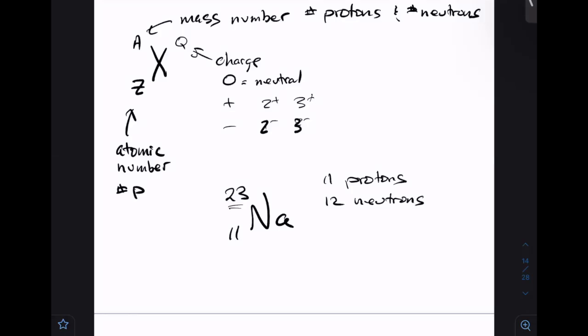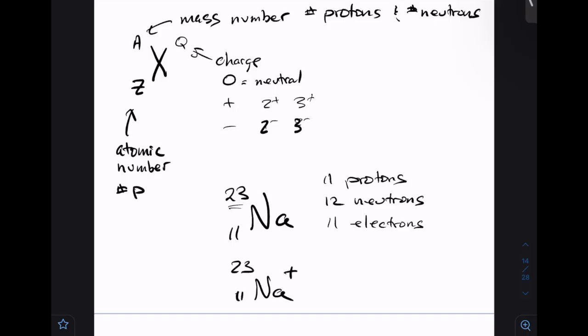How many electrons are there? There's 11. How do you know? Right, it's the same as the number of protons, and there's no charge written in the upper right-hand corner. So we know we have the same number of electrons as we have protons, because we have a neutral atom in this case. And if I give you this,